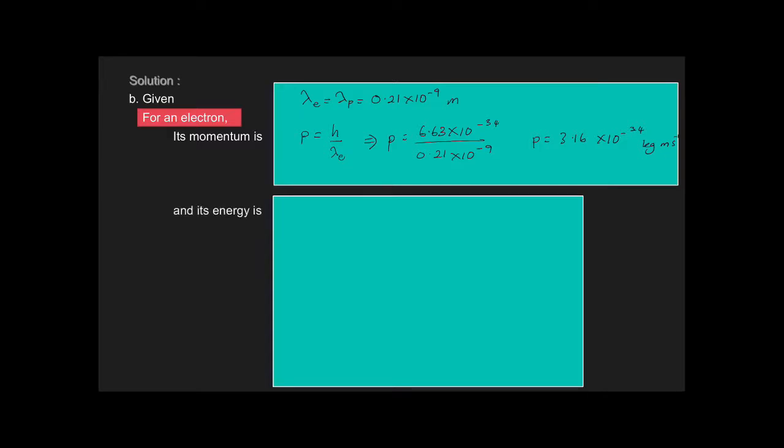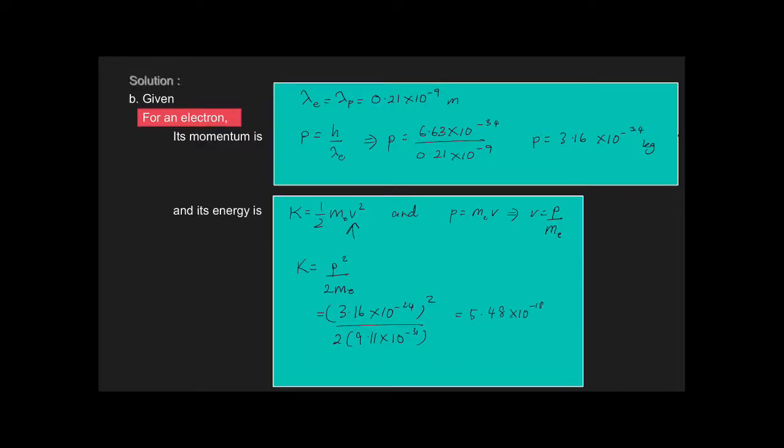And then for the energy, we can find the energy of the electron by using the formula for kinetic energy, in which K is half mv squared. We know that momentum is equal to mv, so we can get v equal to p over m, which we will substitute in this equation, and then we will get K equal to p squared over 2me. Then substitute in the values of p and also the mass of the electron times by 2, which will give us